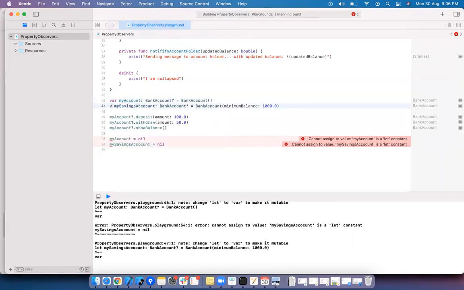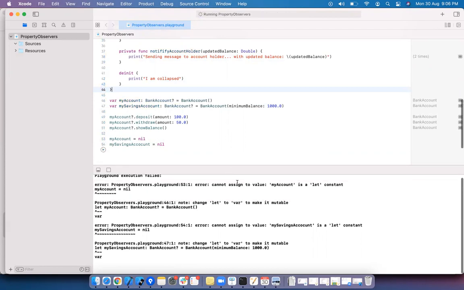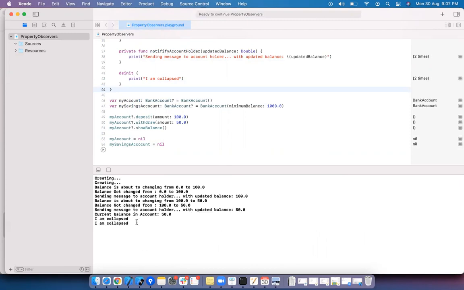Optionals, so it will be a variable. Optional means it can hold any value or nil. Yeah, we can see the same effect: initializer is called twice and deinitializer is called twice.